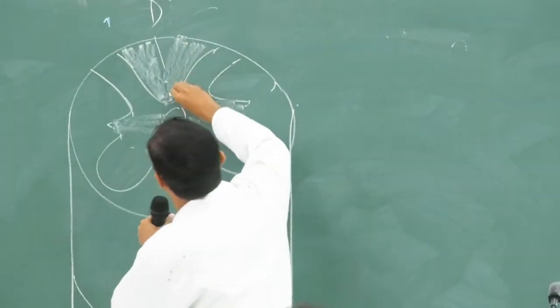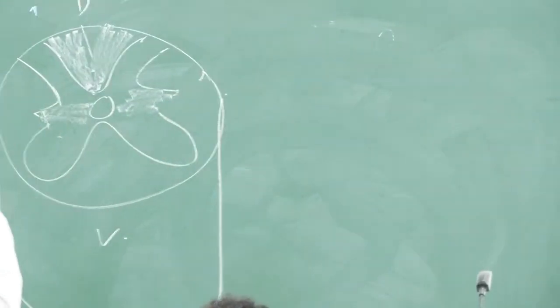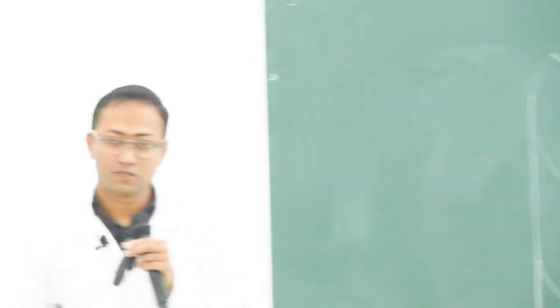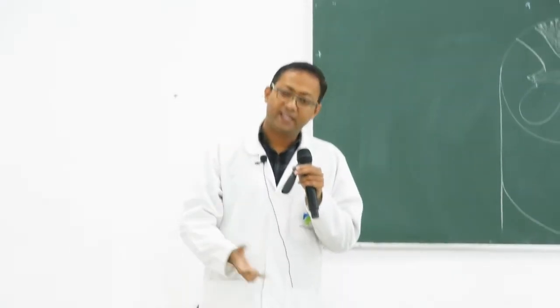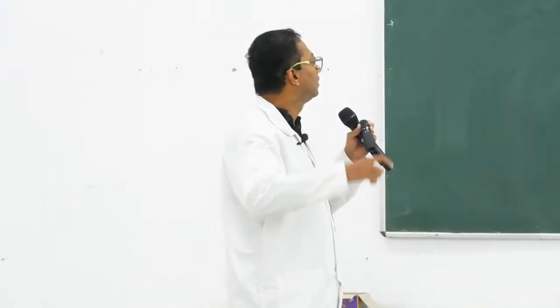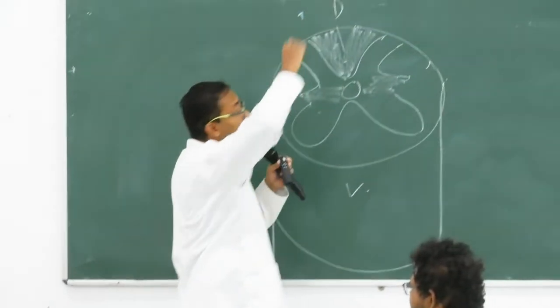It is here. This is the posterior column where the proprioceptive fibers, the alpha fibers, ascend. Alpha fibers ascend from joints, from capsule, from muscle, and they ascend through the posterior column,